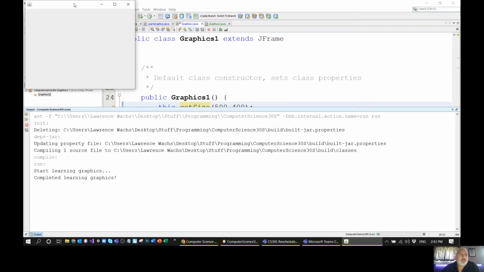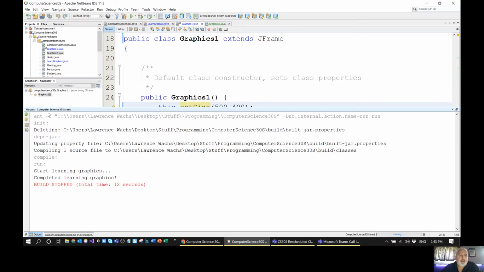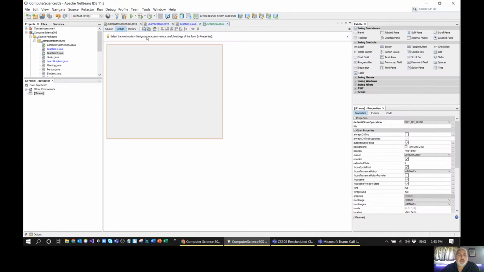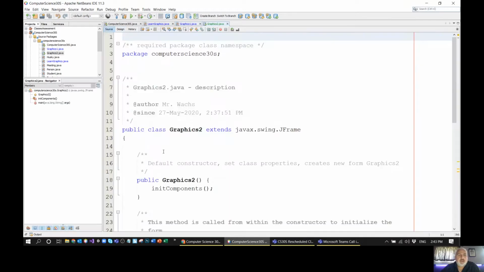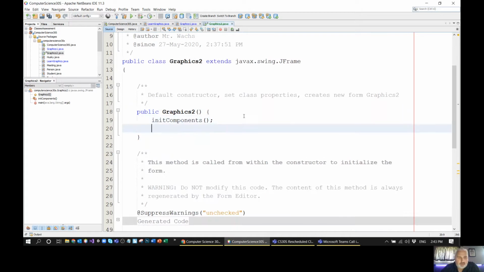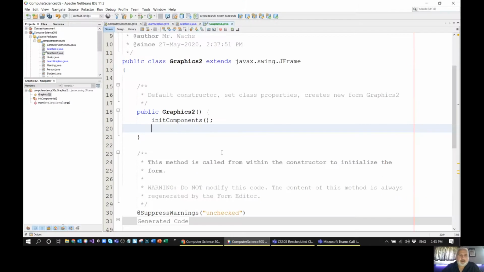And there we go. So now it starts visible at a certain size. What we did with graphics 1, we can do with graphics 2. I can go into its source and add code to graphics 2. I'm not going to remove this thing because that's used by the designer. But if I just say this dot set visible to true,